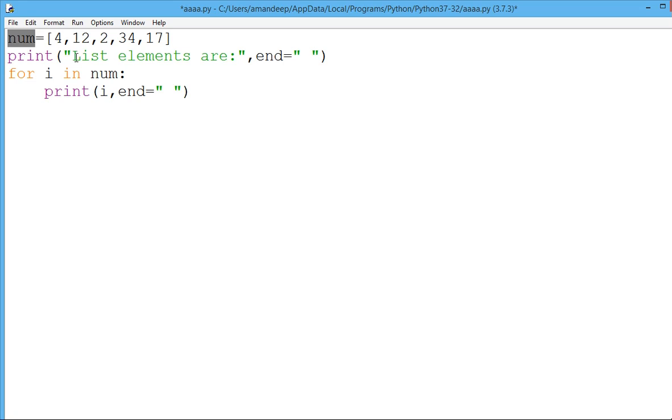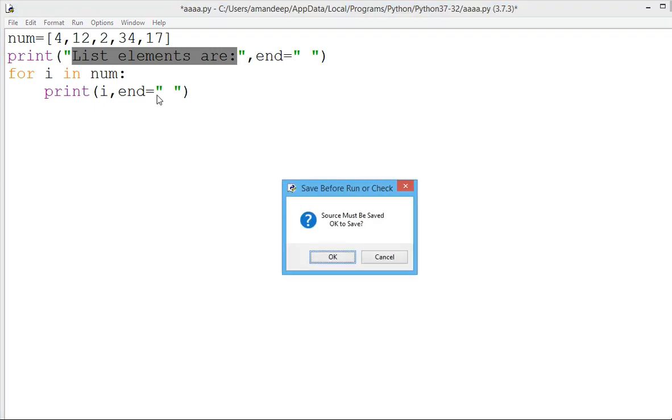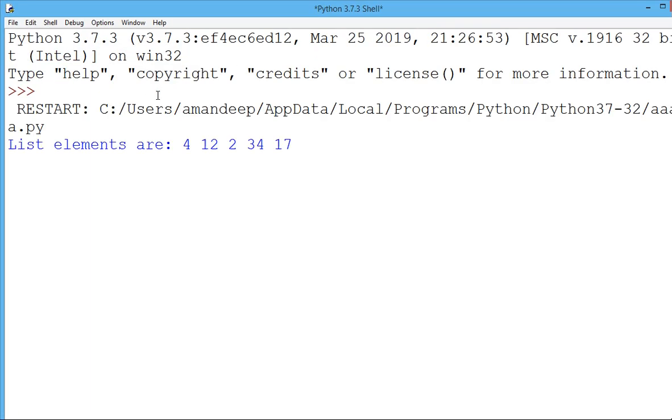Here is one string, a number of lists. Now for i in num, this whole list is under the num variable. For i, print i. Now you can see first 4 will be printed, then a space, and so on. Let's see the output. The list elements are printed, because it's a string, as it is, including the space, as it is on the output screen.